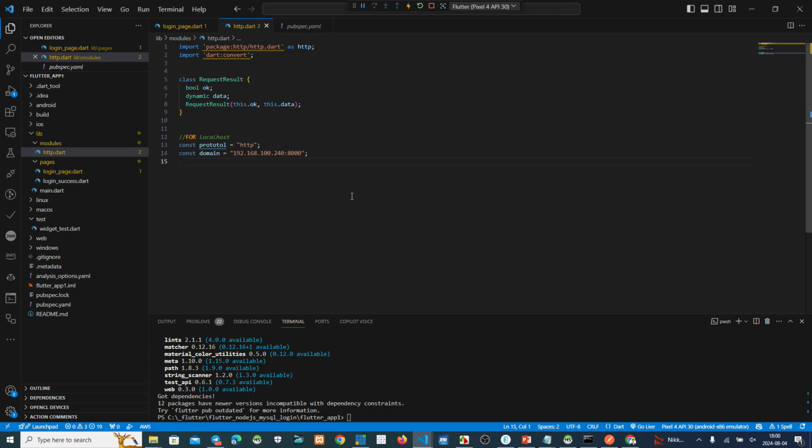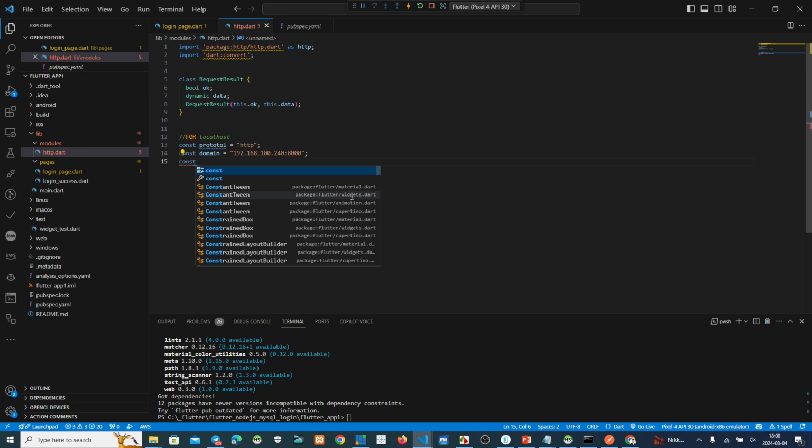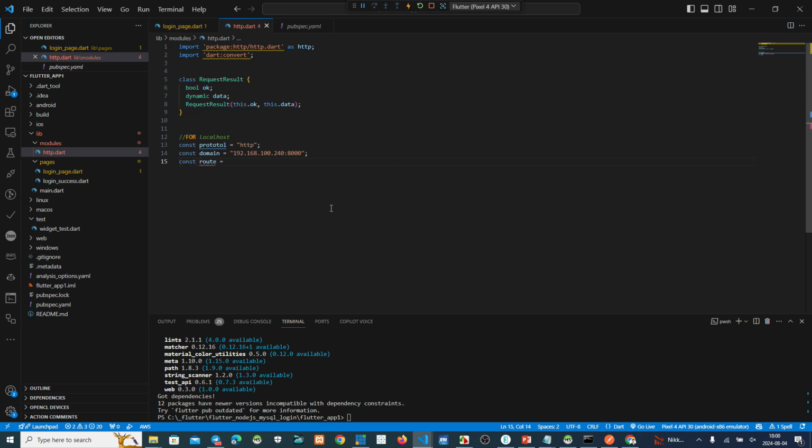Okay, next we use the route. If you want to use the route, make a declaration here. If you put on the root, I mean root directory, yeah, we use just blank here. But if you use a root, make what is your root here. For example, maybe root Node.js, maybe this directory name, yeah, it's okay, no problem.